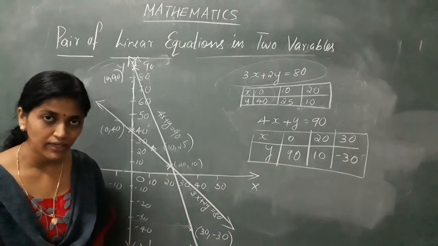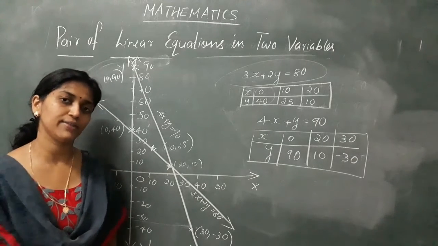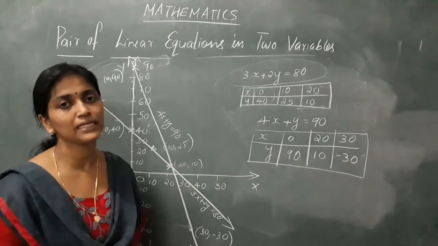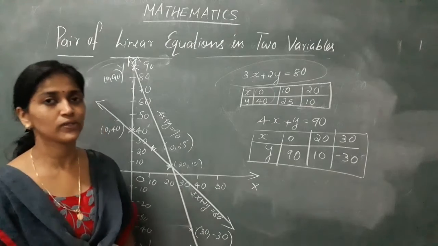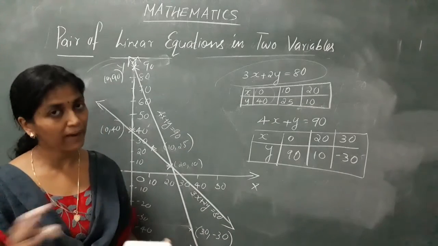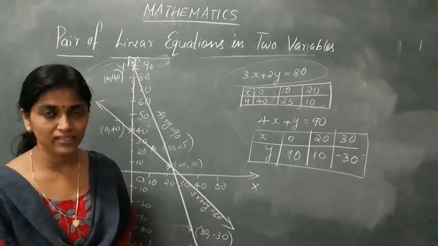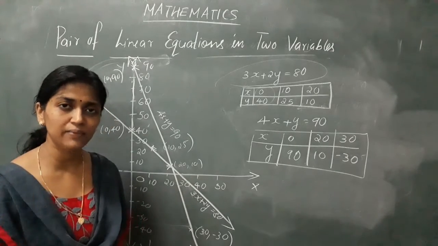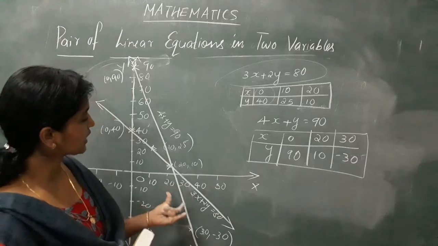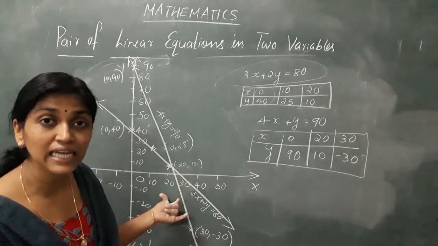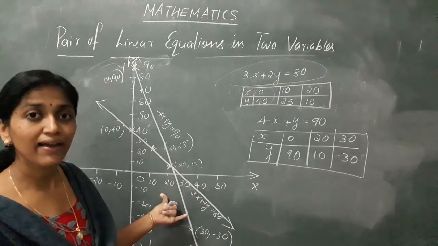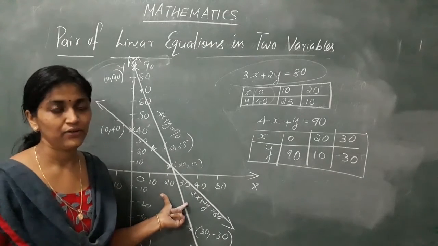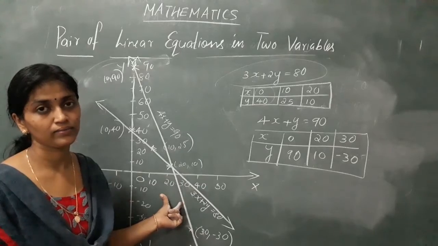We have studied that when you represent a pair of linear equations in a plane, it will be any one of three possibilities. Either it will be intersecting, or the lines will be parallel, or they will be coincident. That is one line lying upon the other one. We will see examples of all these types. This is an example for intersecting lines. So we have examples for parallel lines, and we will have examples for coincident lines.